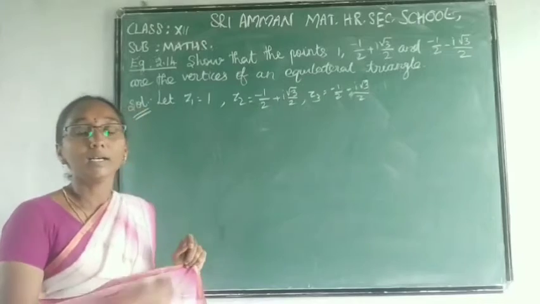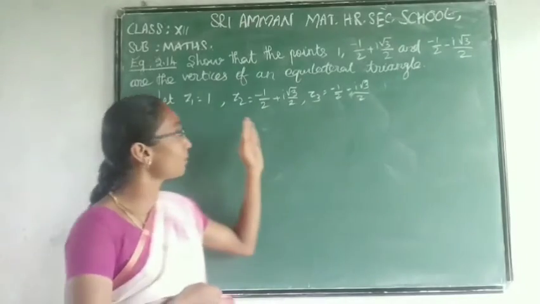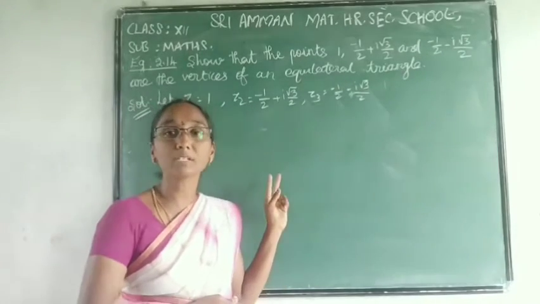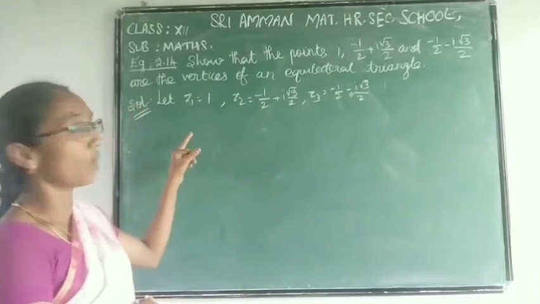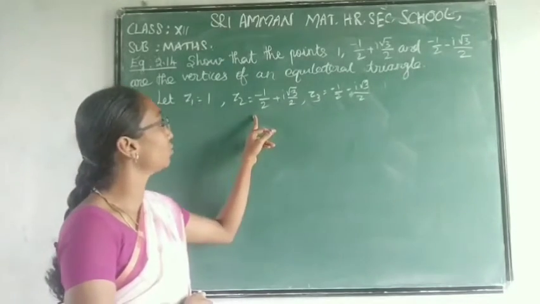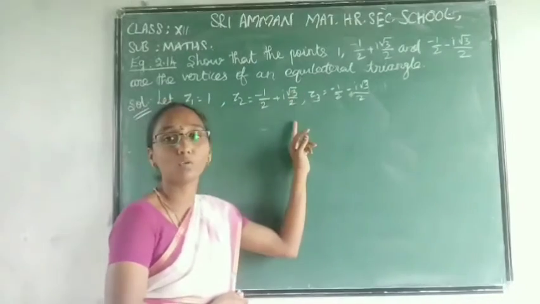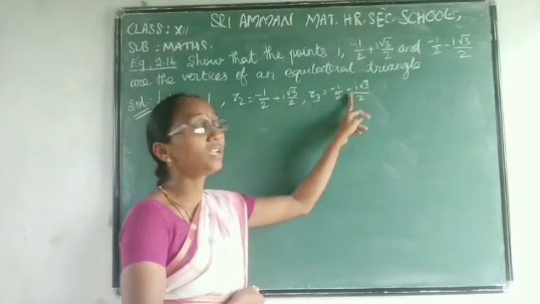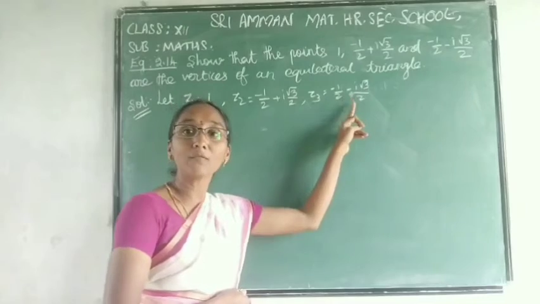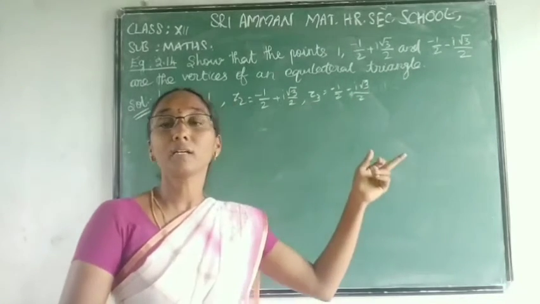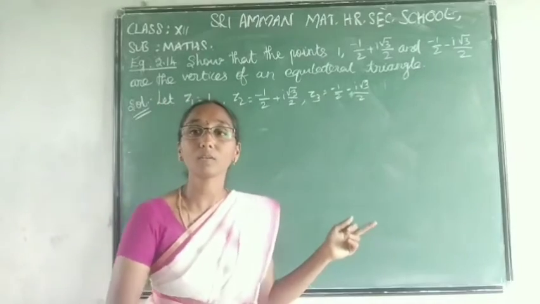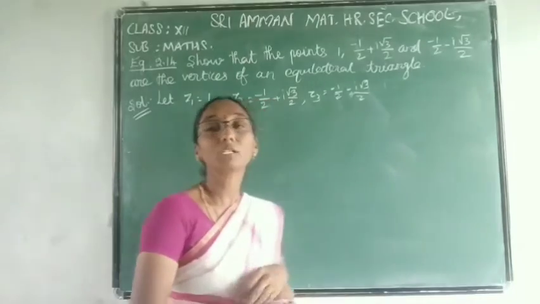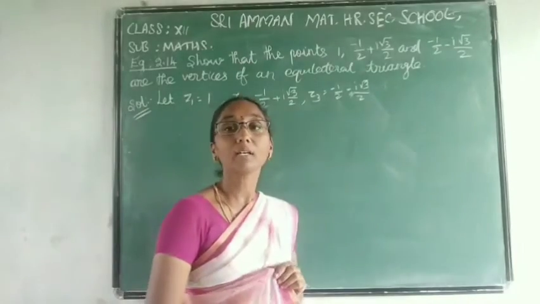Listen students. First of all, the given complex numbers are used. Afterwards, check any relation between these given complex numbers. This one is z2, minus 1 by 2 plus i root 3 by 2. And this one is the same complex number, but only the sign of the imaginary part has changed, which means that z3 is the conjugate of z2. First we draw the diagram in the Argand plane.